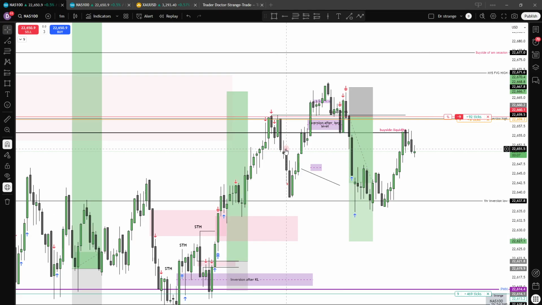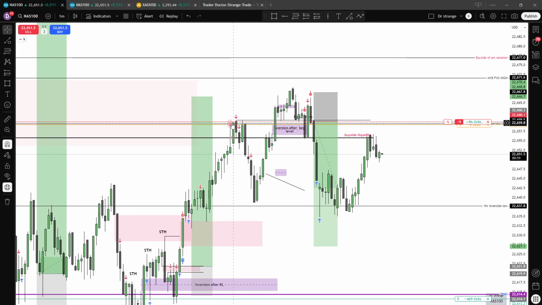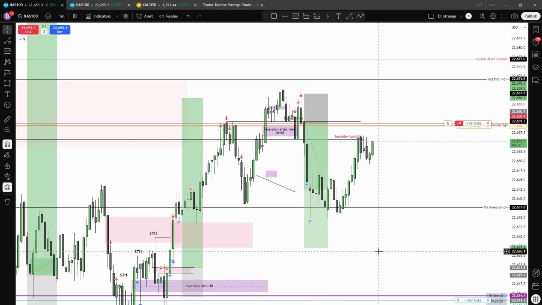Now, I took my order here. When we took out buy side, there are specific rules you have to have in mind: every time we take out buy side, the first swing point will be taken out in most cases. Backtest and see the first swing point. When this first swing point is taken out, this is actually where you take your profits. But me, I was satisfied with my money. Okay? This is not financial advice.